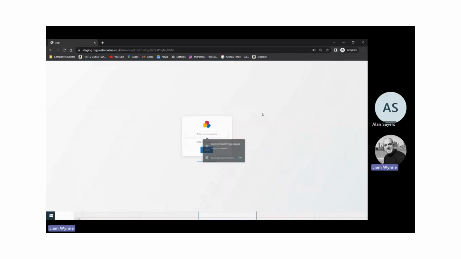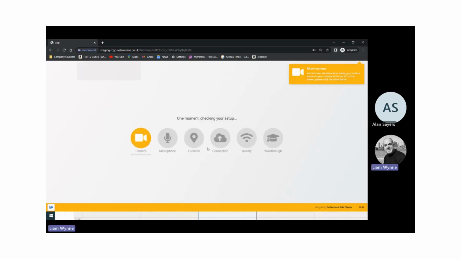So I would now like to demo the platform to you. When the candidate registers for the exam, they will be sent a username and password by email, and they will be sent a link to the platform. I've just entered my username and password. As the candidate logs in,